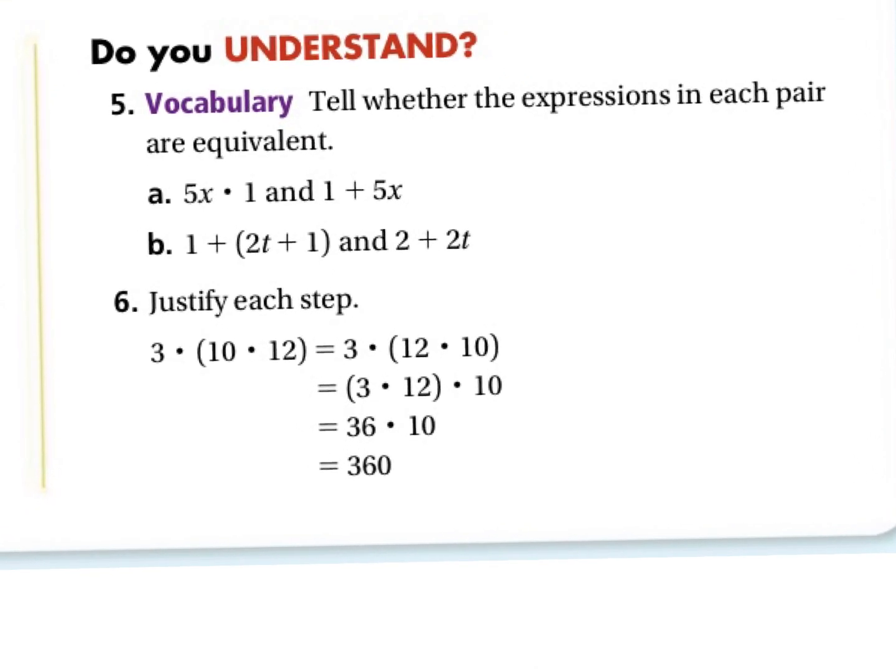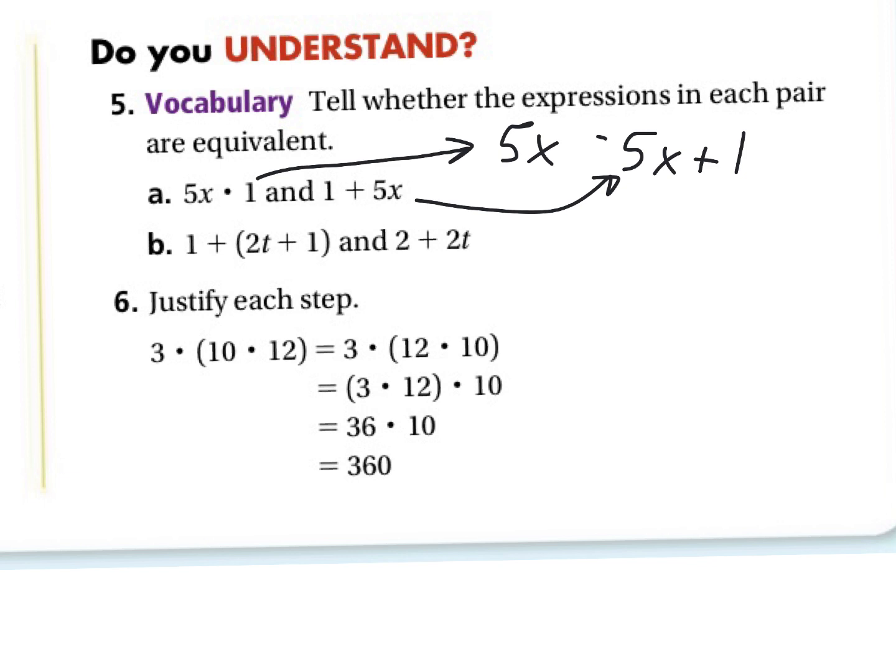Number 5, they're wanting us to tell whether those are equivalent. So 5x times 1, that's the same as 5x. And we can't really simplify over here. I mean, you can rearrange that if you want, I guess. But if we have 5x and you have 5x plus 1, are those going to be equal? And the answer is no. So we could say no, or if you go back to the wording we used earlier, you could say false, I guess. And then part B,